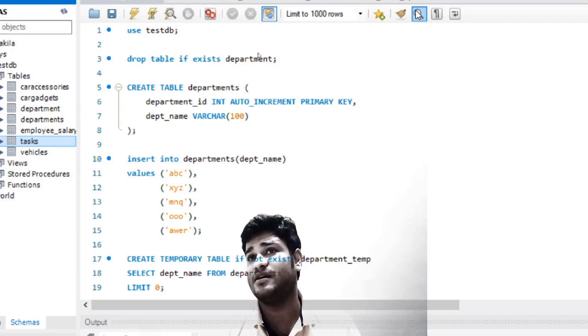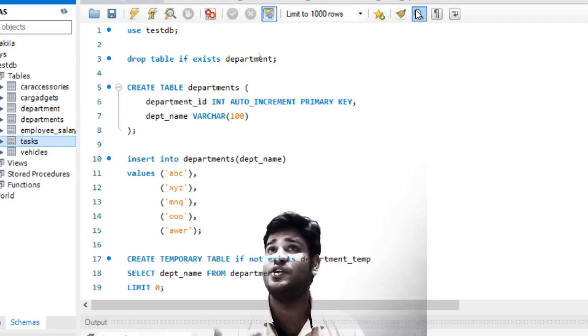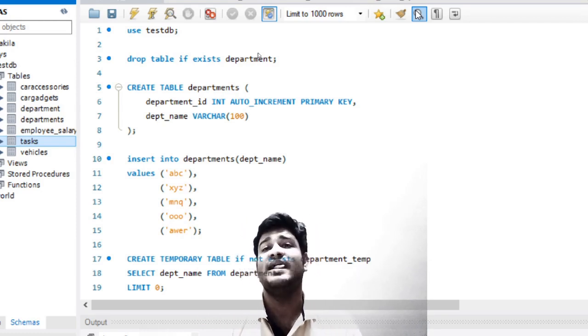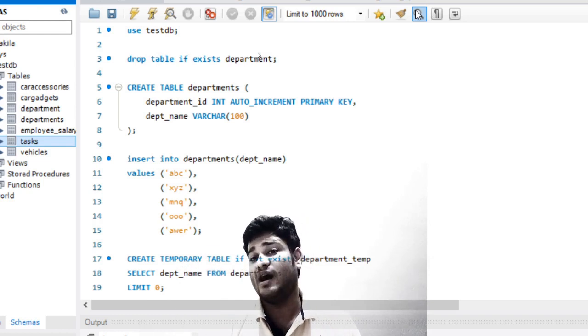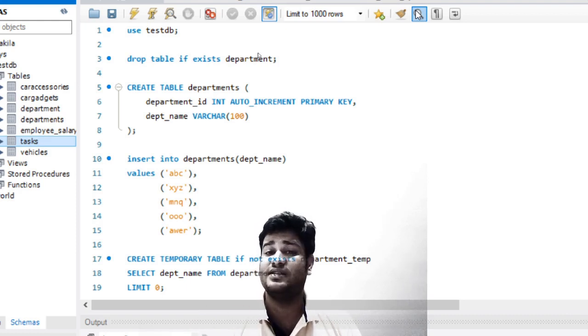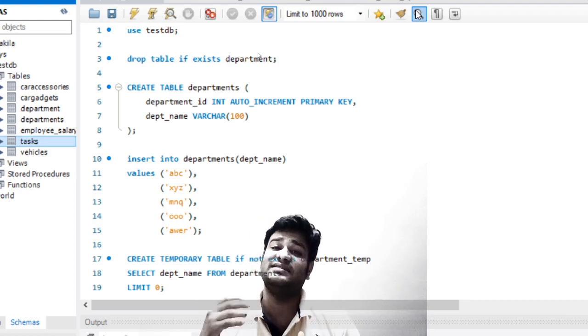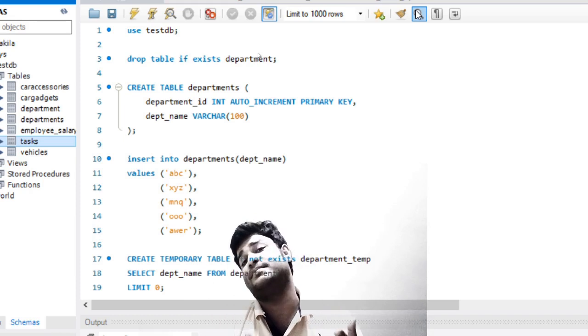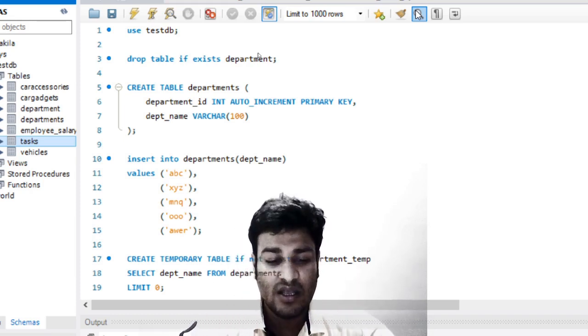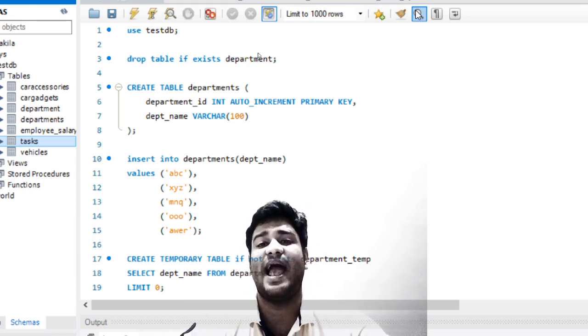when developers write a stored procedure, it becomes the duty of a performance engineer to check that the temporary tables have been created accordingly, and the use of temporary tables is good. It means that he needs to check that in the stored procedure, the developer is not calling the query again and again. Rather, he is just calling it once, storing it in a temporary table, and then using the temporary table again and again. So now we will go ahead and learn in the practical session of temporary tables.